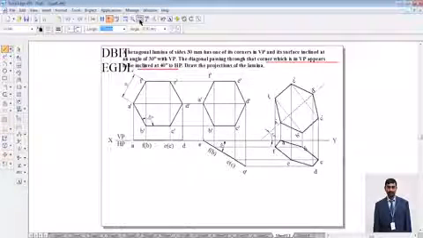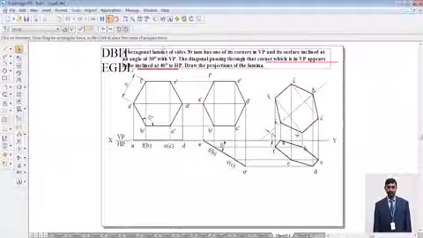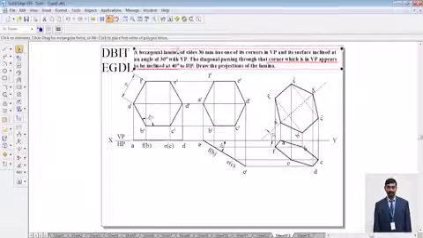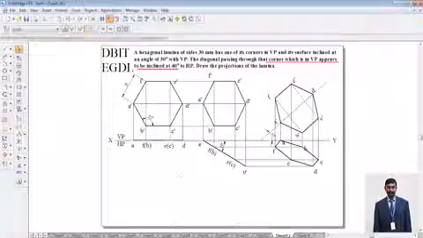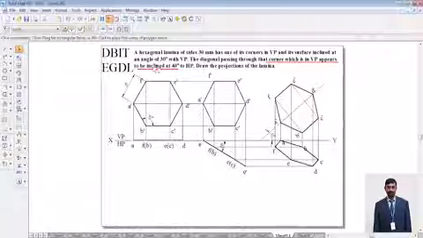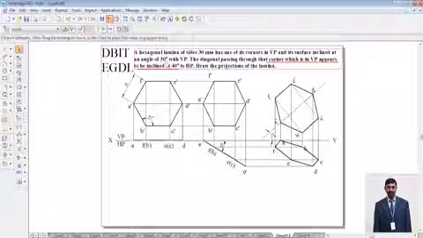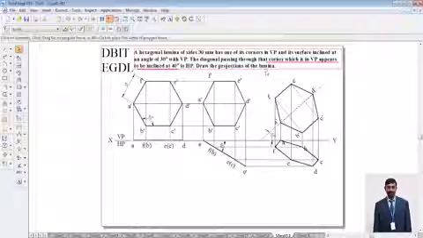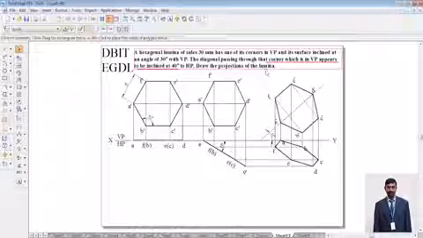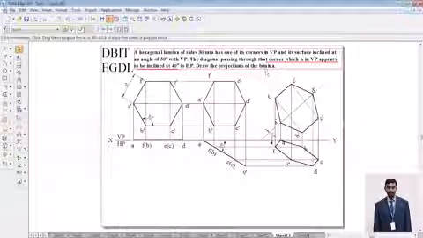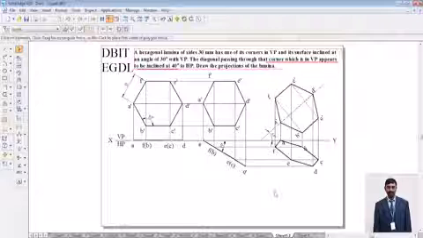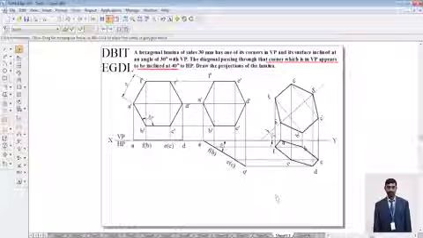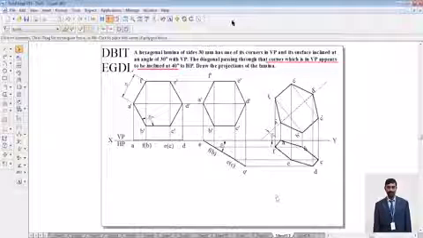So this ends the first case of the problem, where your hexagonal lamina of sides 30 mm has its surface inclined at an angle of 30 degrees with VP, and the diagonal passing through the corner in which the VP appears is inclined at an angle of 40 degrees. So this ends the problem. This is a non-beta problem in the case of a hexagon. Next we are going to see a beta case problem.